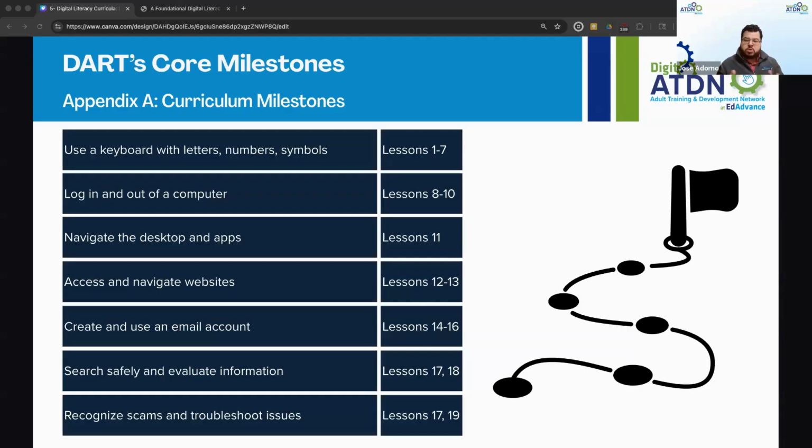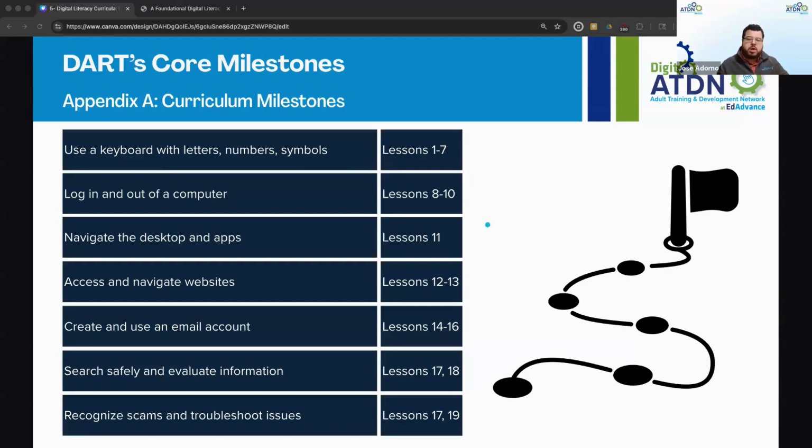Dr. Glenda Rose, one of the authors of the curriculum, showed us, and I think those who attended ESL Day were able to see, how a keyboard in a different language is very hard to understand or navigate if you don't know what the characters mean. So Dart's initial approach is to work on one of the things that we use the most, which is a keyboard when we're on a computer, and how to navigate that.